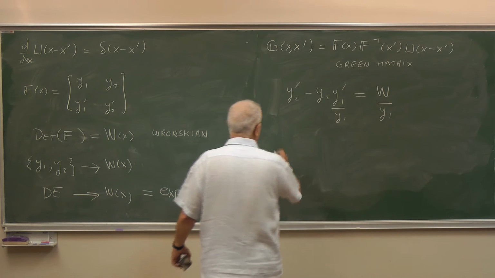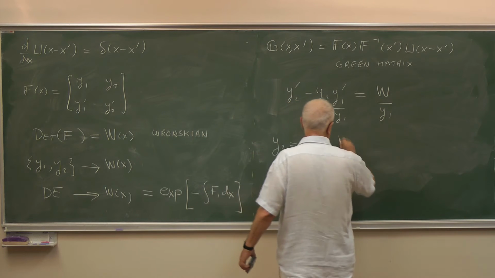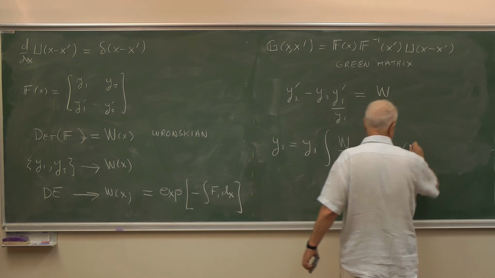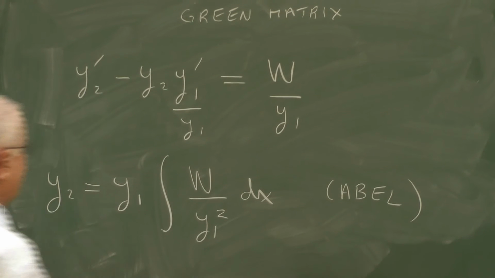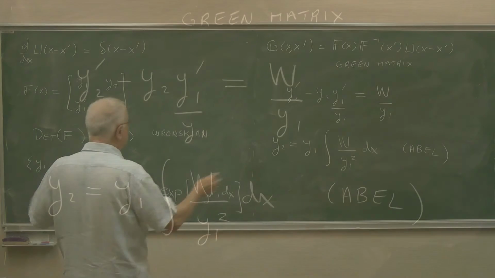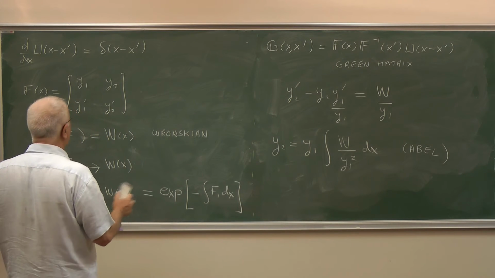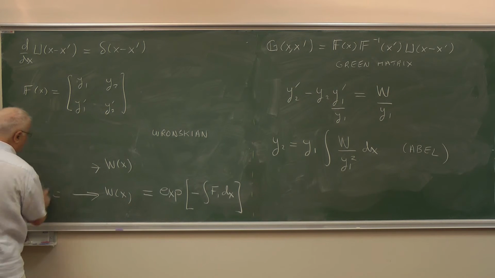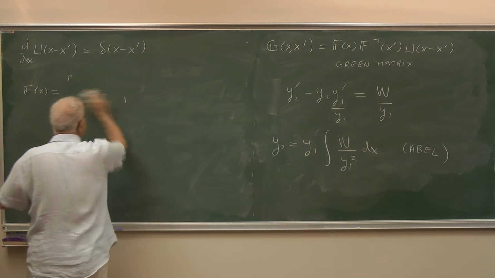And y2 will be y1 times the integral of Wronskian over y1 squared dx. This is the so-called Abel's formula. I'm doing this because eventually I'll try to give you an overview of the whole procedure. Now, these practical matters aside, let's